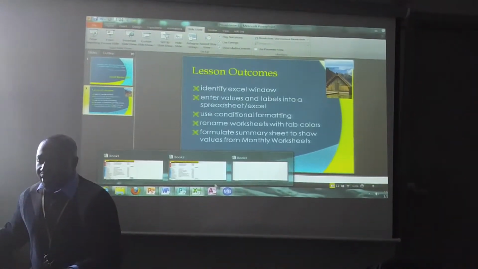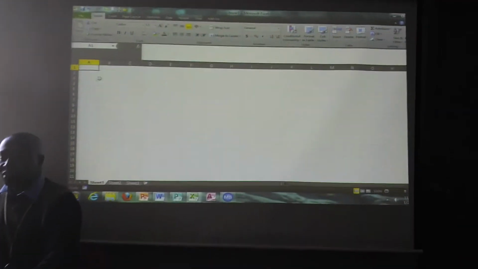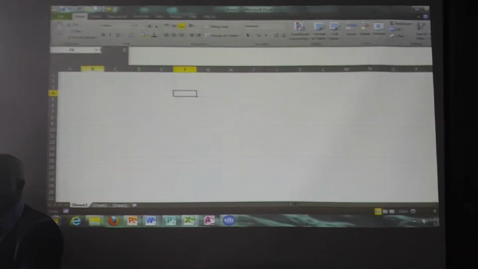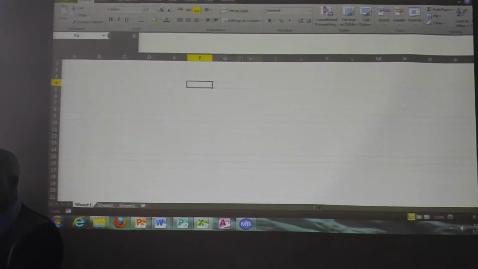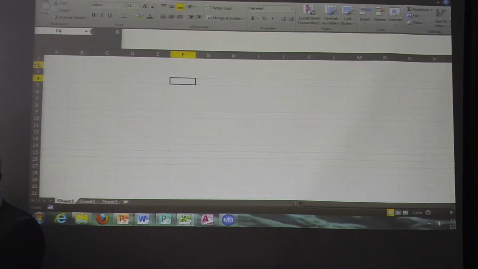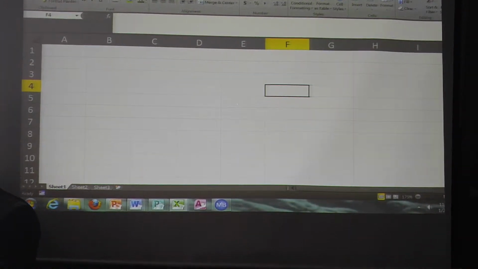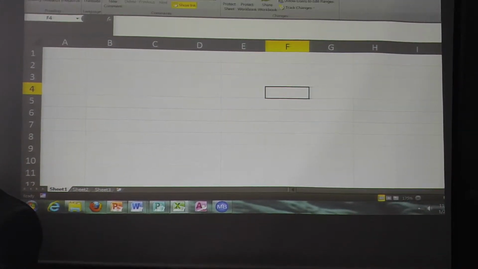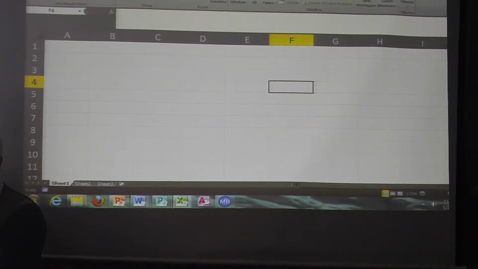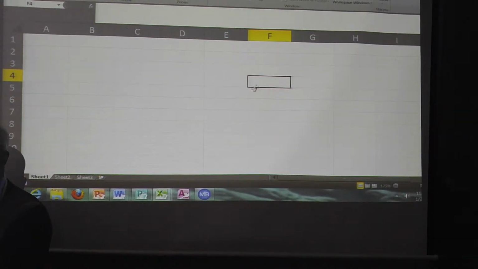So I'm just opening a blank spreadsheet. You see the grids, you see the column headings, A, B, C, D, and then you see row numbers. And again, this is your tabs. Each tab has its own ribbon. So this is a blank sheet, there's nothing in it, and we're going to create